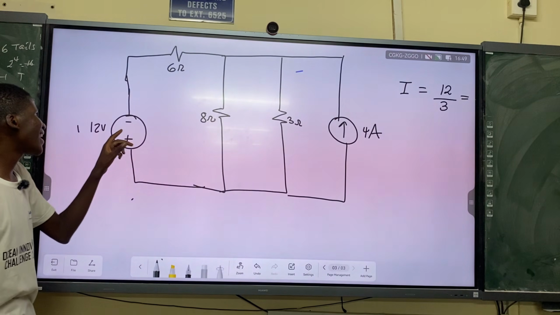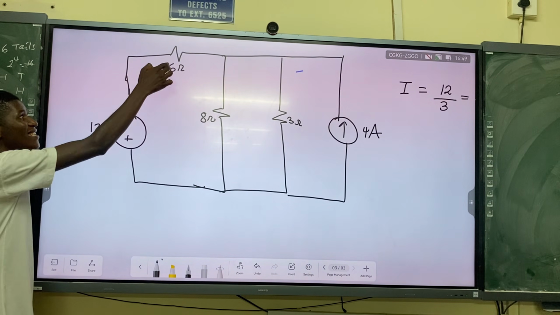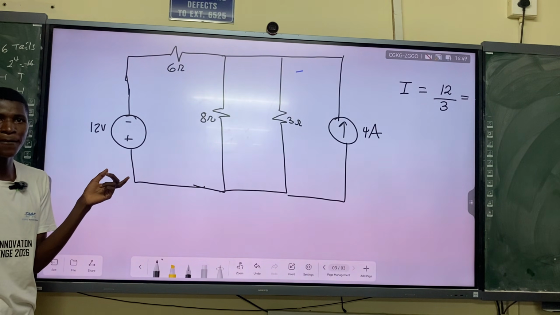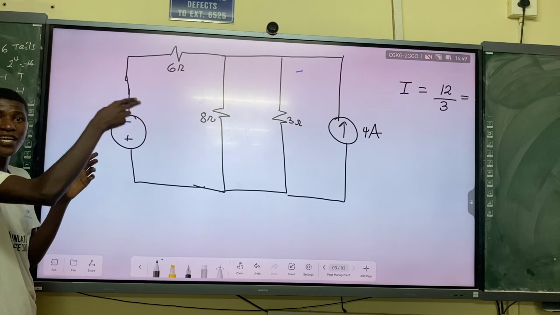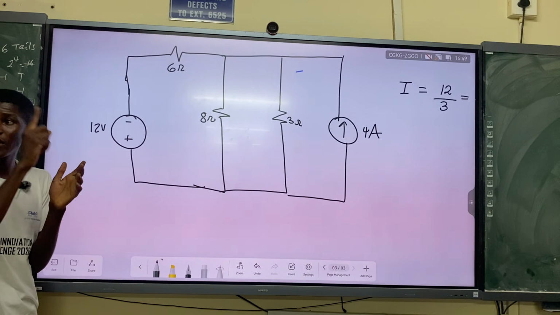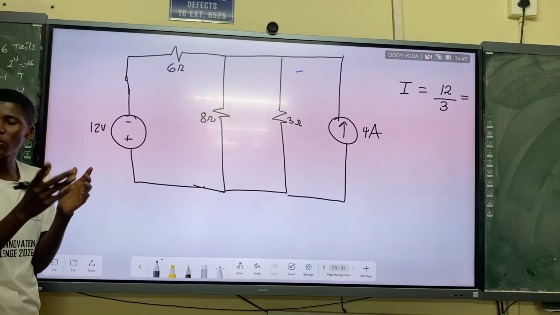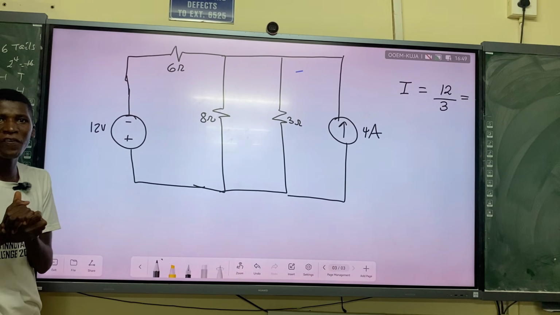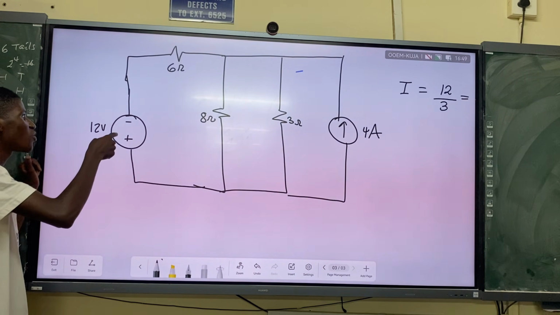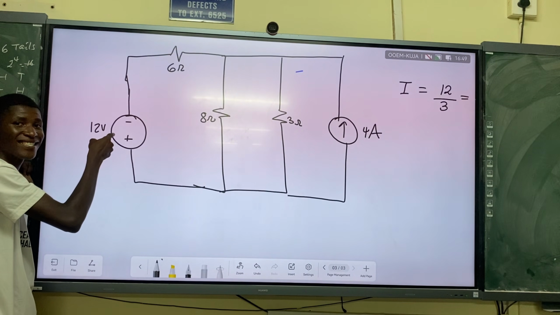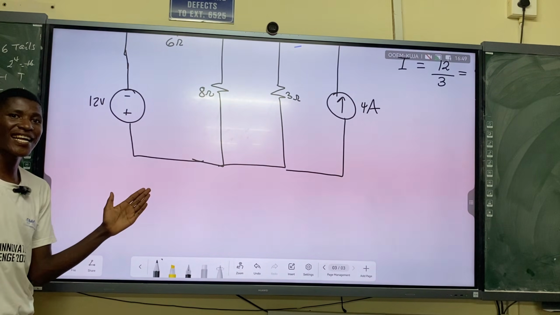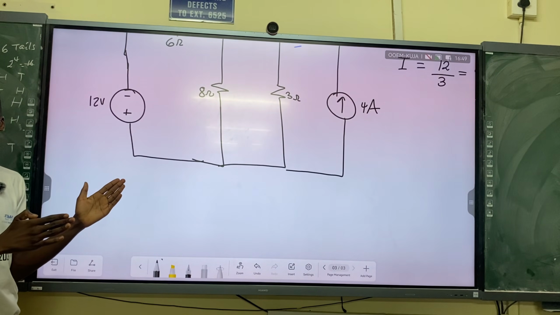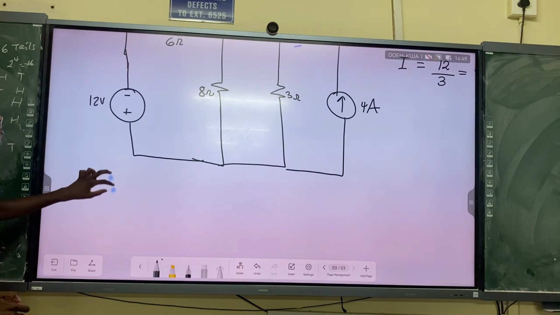But here do we realize that we have a 12 volts power source instead, with a 6 ohms resistor. Like we have combined resistor A1 here, there were 2 of them, 4 and 2, but now we have just one, which is 6 ohms. So we've reduced the network. It won't go back again. So if you're going to do this combination of a series voltage source with a resistance, or any parallel current source with any resistance, how do you combine them?